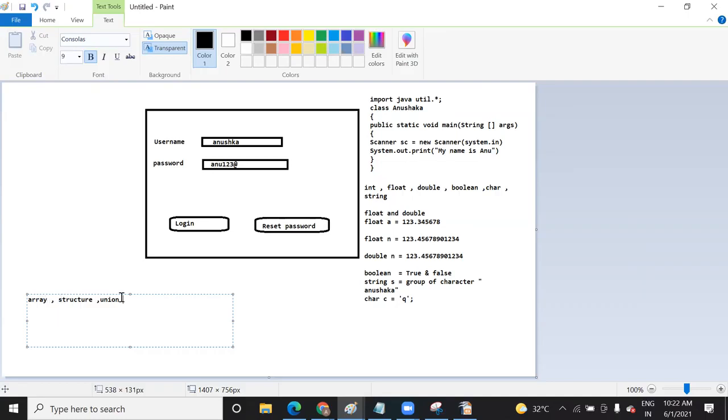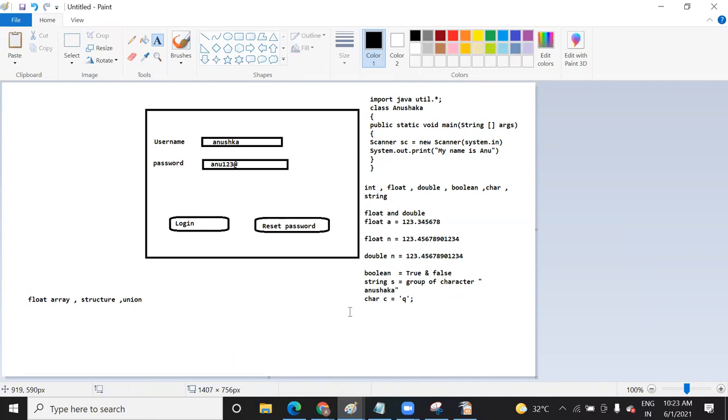In structure and union, you can save different kinds of data, but an array is homogeneous. So it is derived in the sense that you can save multiple data here. If you add an integer here, it becomes an integer array. If you add a float, it becomes a float array. So they are not primitive ones. Primitive ones are available by default in every language and are common, like integer, float, double. That is called primitive data type.